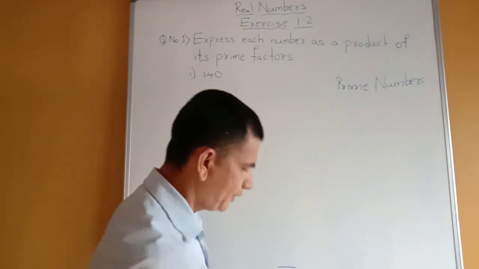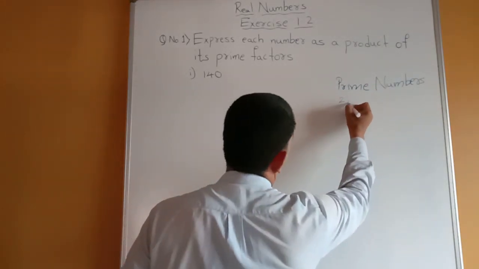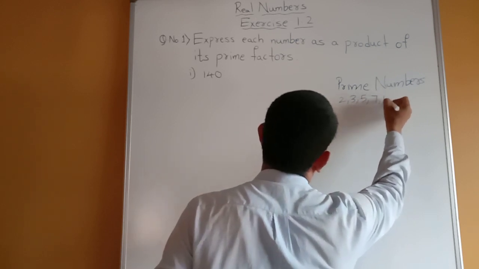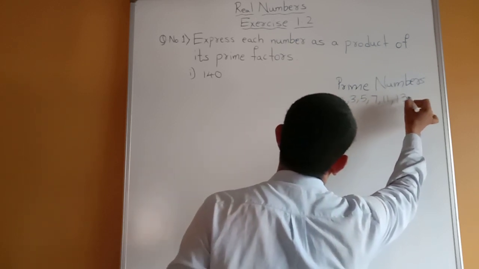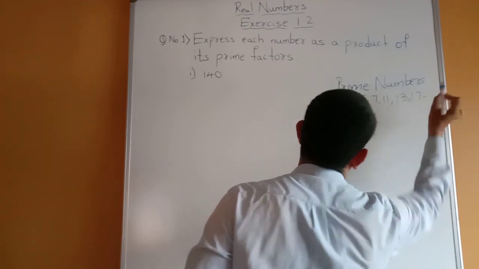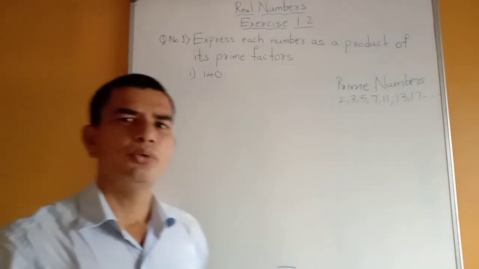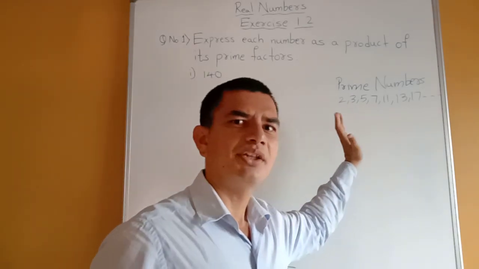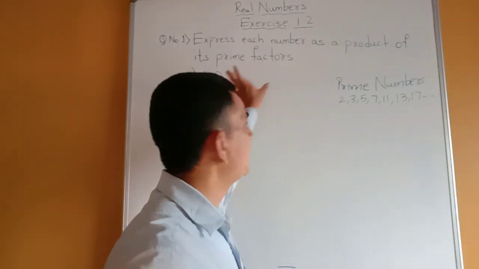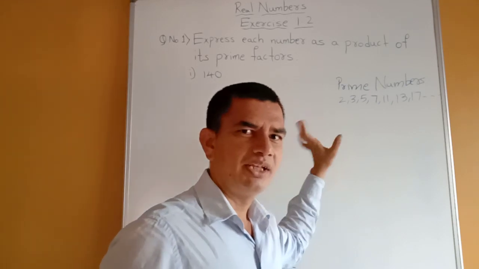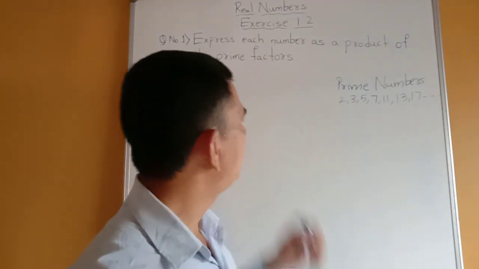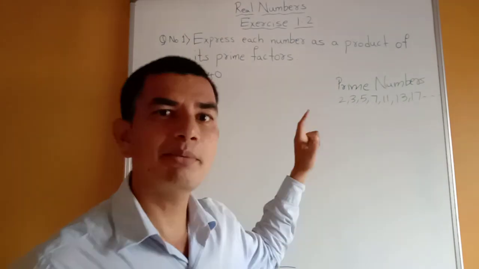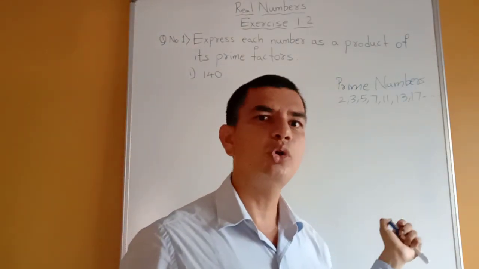We already know that prime numbers are 2, 3, 5, 7, 11, 13, 17, etc. Okay students, these are the prime numbers. With the help of this, now we can continue. You already know the factors, and I will give one small example regarding the factor tree. You may remember the factor tree you learnt in lower classes.